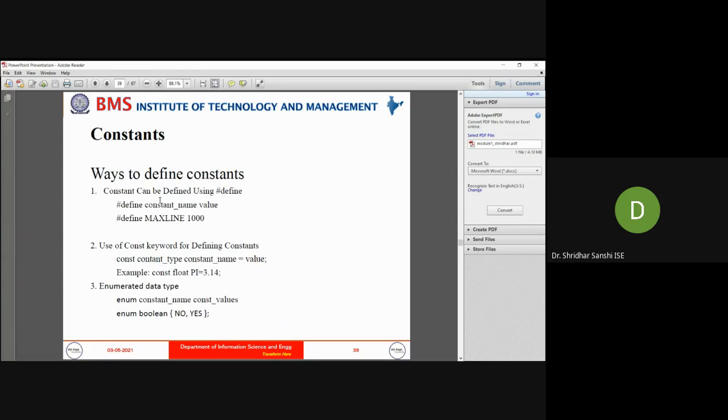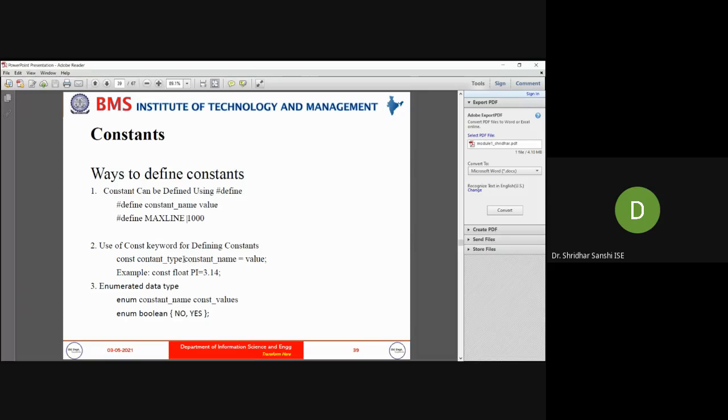So how can we define constants in a program? One way of defining is using the hash define directive. Using this, we can define a constant. Here you can see the example. I have defined #define MAXLINE 1000. What type of constant is it? It is an integer constant, since the value is an integer.